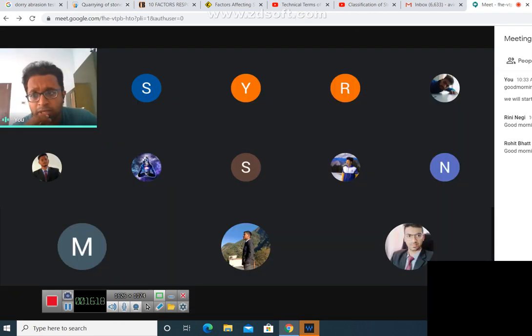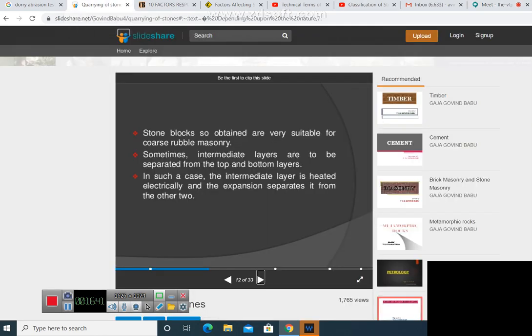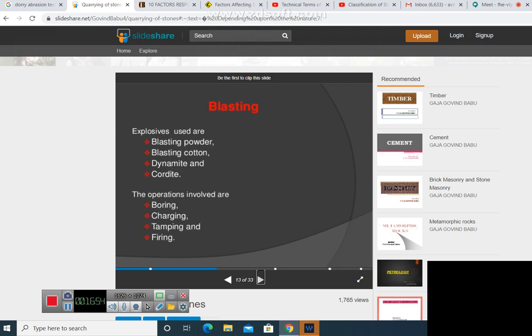Already we have discussed brick masonry. I hope you remember it. English bond, Flemish bond, stretcher bond, header bond, all these things we discussed when we were discussing brick. Similar to brick, we have stone, and similar to brick masonry, you have the topic of stone masonry. When discussing stone masonry, we will come to know what is meant by coarse rubble masonry. These kinds of rocks, obtained due to heating, will be suitable for coarse rubble masonry. Let us see what a coarse rubble masonry is.